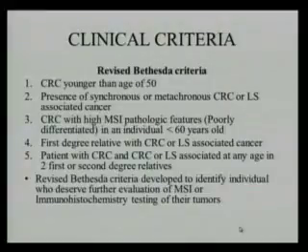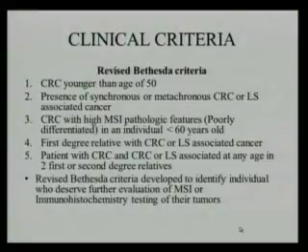What about the revised Bethesda criteria? This criteria was established to identify the patients who need microsatellite instability testing, or immunohistochemistry testing, and genetic testing. So it was mainly going for the line of Lynch syndrome rather than hereditary non-polyposis colorectal cancer. I don't expect anyone to remember all this, but